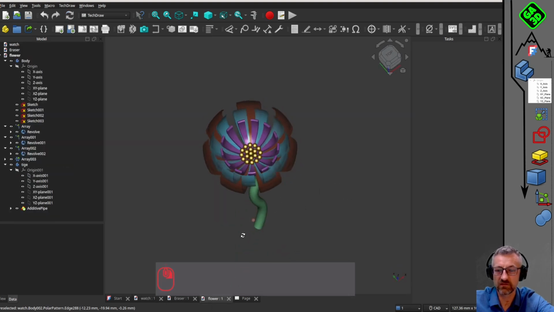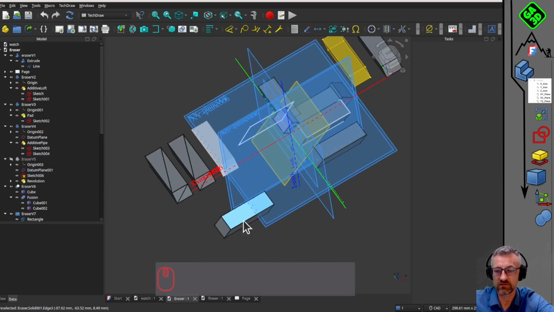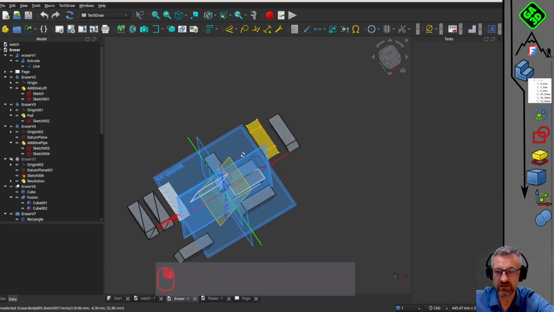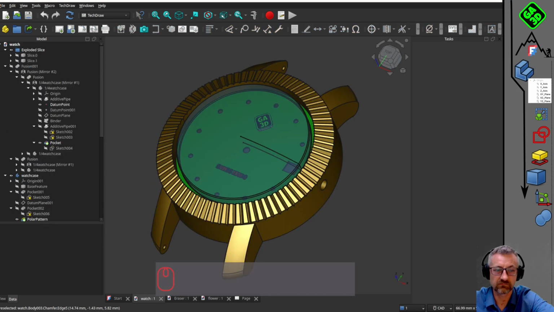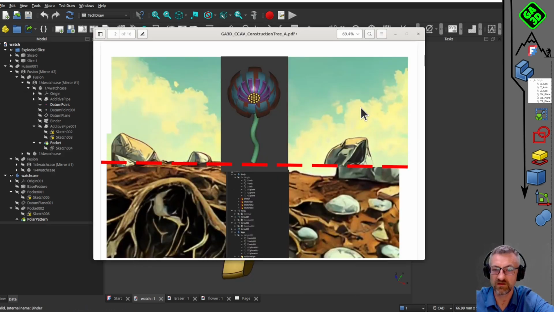This modeling shows a small artistic flower and also a simple eraser that I presented in a previous video that I made using many different methods. So, the goal of this video is to encourage you to test before starting your construction,